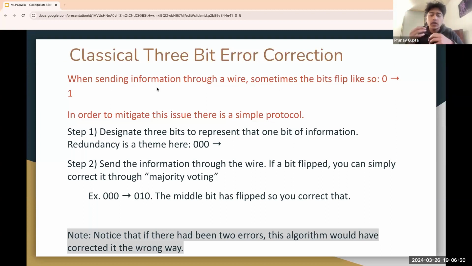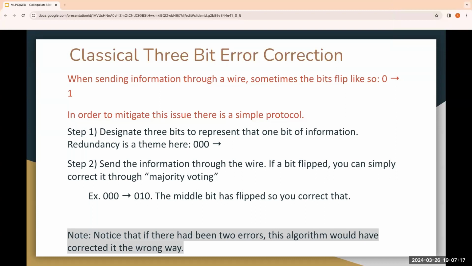That's the first step. And for the second step, we can send this bit of information through a wire. And if a bit is flipped, you can simply correct it through a process known as majority voting. For example, 000, if that was a bit of information, and it turned out to be 010, you can see that the middle bit has been flipped, so that can be corrected. Using a classical approach, there would be an issue, because notice that if there had been 2 errors, the classical